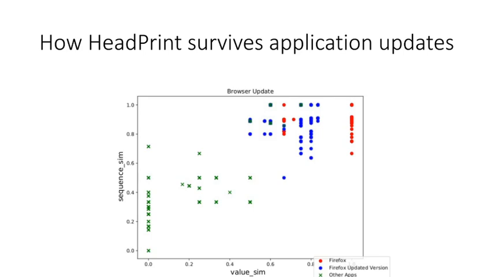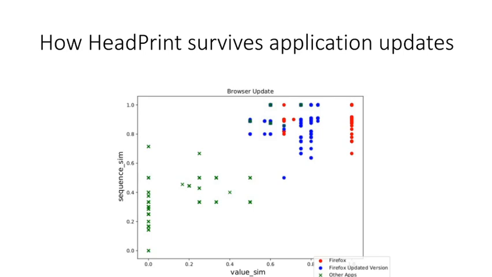And as you can see, they are on the top right. And we have the red dots, which are the messages from an updated version of Firefox. As you can see, it's still in the top right, but the value similarity has decreased. This has to do, for example, with the fact that when you update, your user agent string changes. So, of course, the value similarity is also reduced because it doesn't match the one in the original